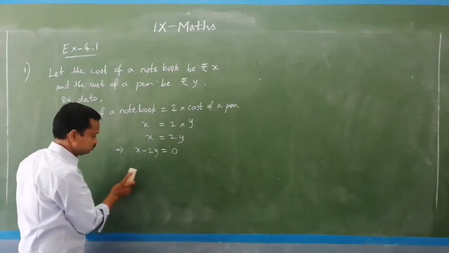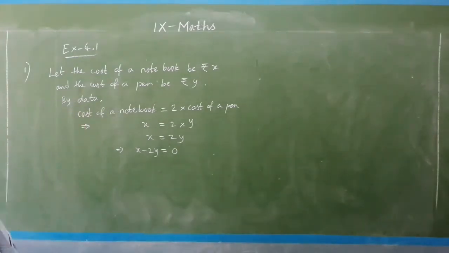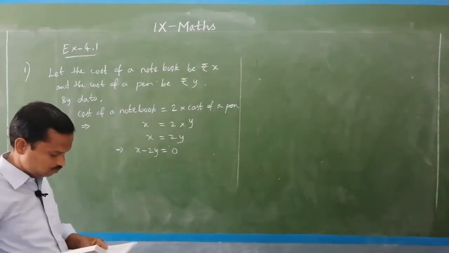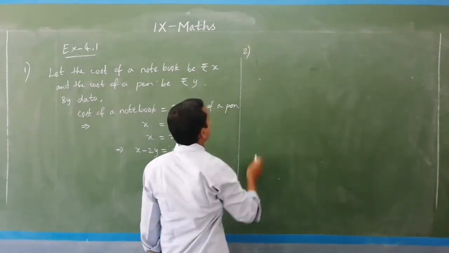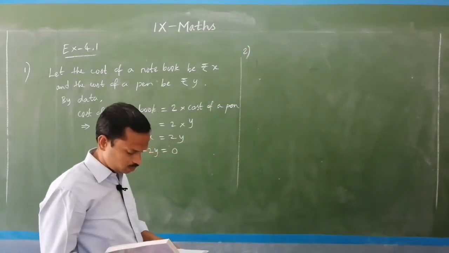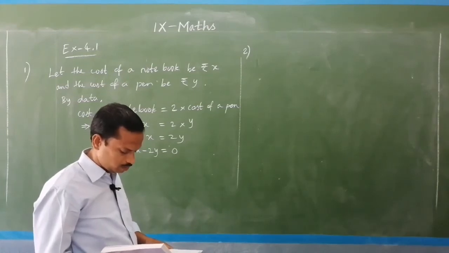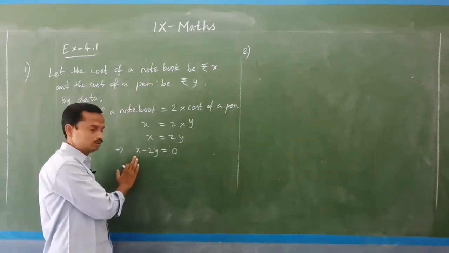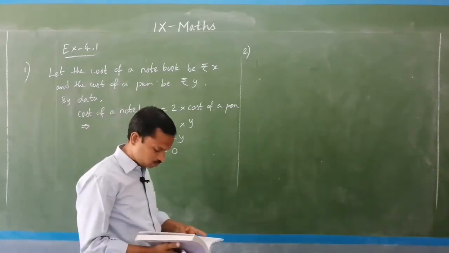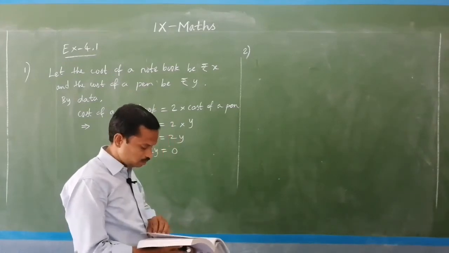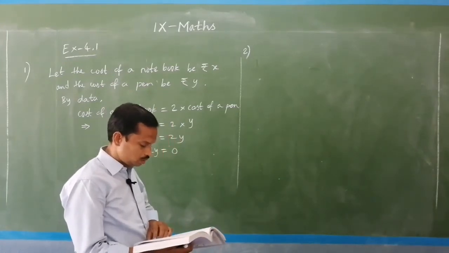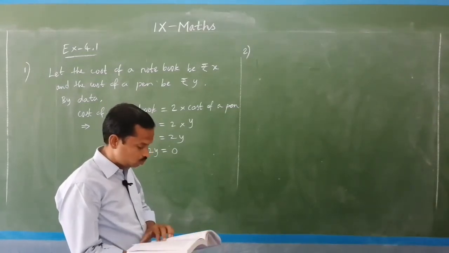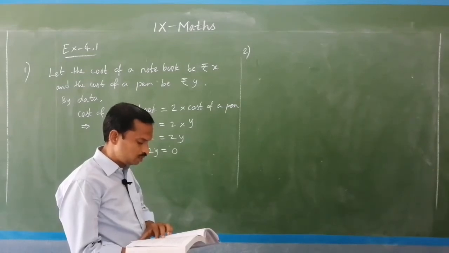So, the solution up to this, and then the second, express the following. Question number 2, express the following linear equations in the form ax plus by plus c equal to 0. Just now I explained by taking an example equation. Almost 8 equations are given here. By comparing with the general form Ax plus By plus C equal to 0, we have to find the values of A, B and C.